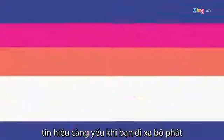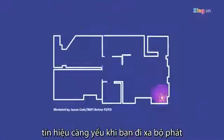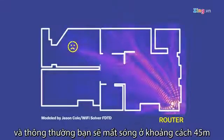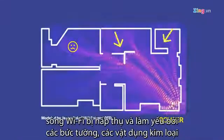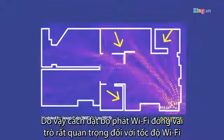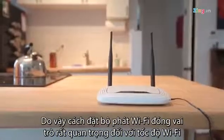The signal gets a lot weaker as it gets further from the router. And generally, it can't really go more than 150 feet from a single router. They actually get absorbed and blocked by walls and metal surfaces. And so the way you position your Wi-Fi router makes a huge difference in how strong the signal is throughout